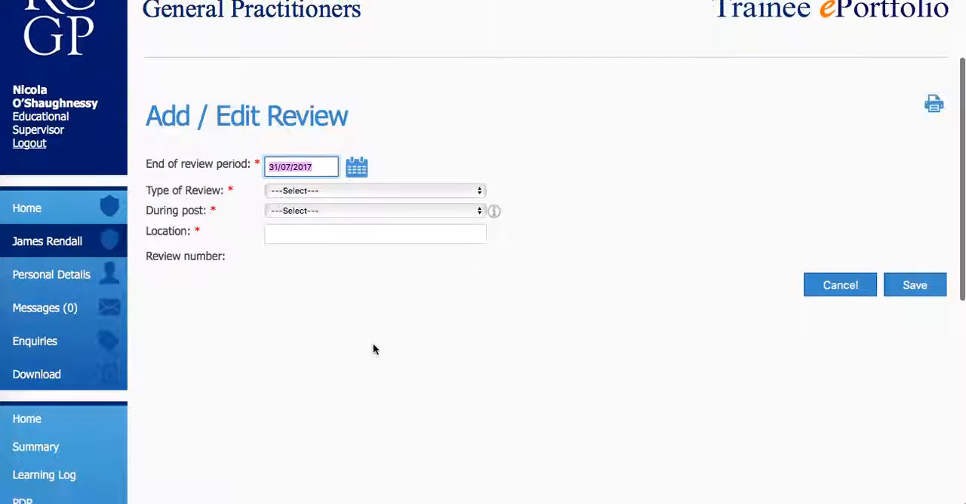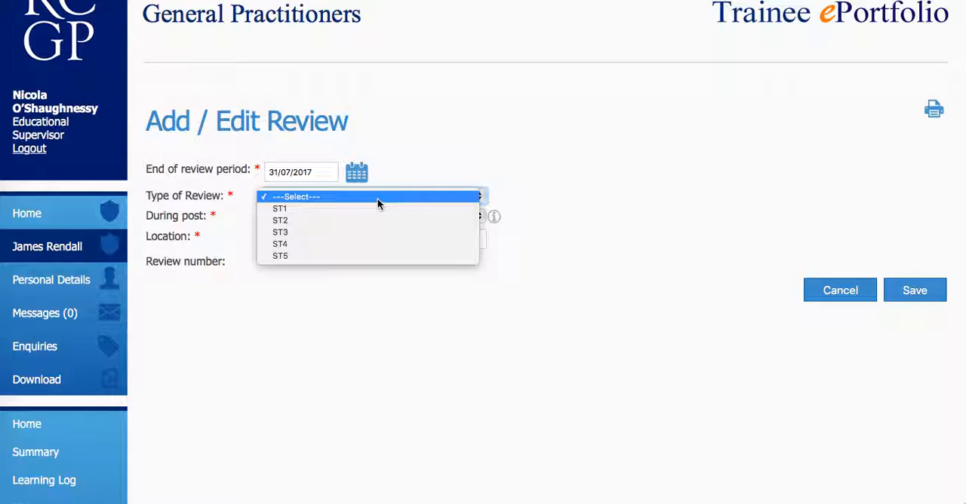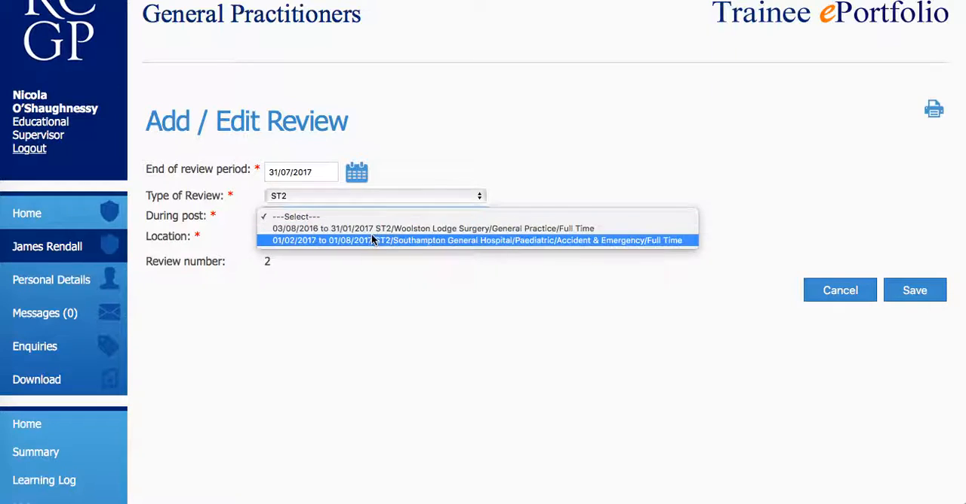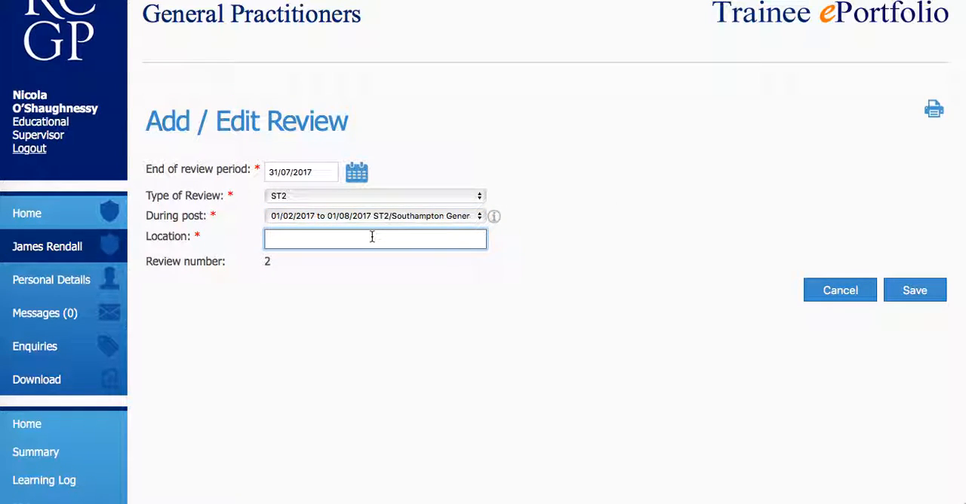The end of review period is the last date that the trainee will be in their current rotation. The review does not have to be completed in full initially, only the date and type of review need to be saved, and the review can be edited later when the actual review meeting takes place. Each stage of the review has a Save button at the bottom of the screen, allowing you to return and